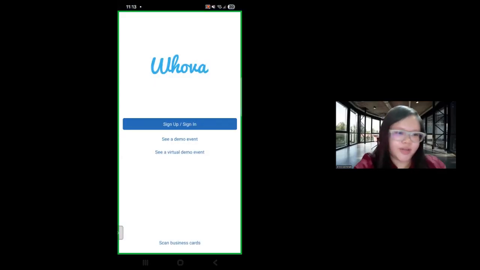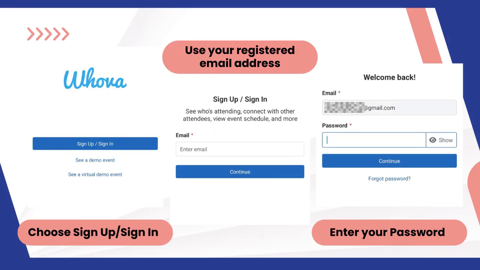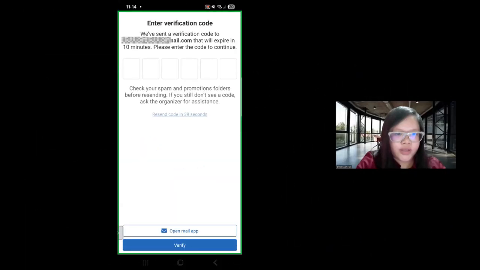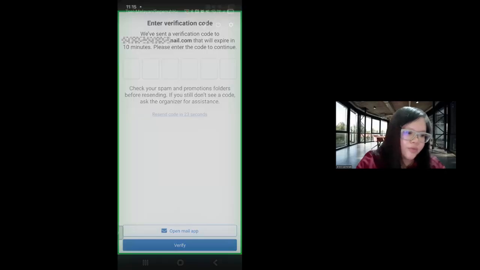And here it is. Now I need to sign in to the event. So I'll click on that. The current share screen is now hidden for security reasons, because I need to enter my email and it's kind of personal information. After I add my email and my password, Whova will send a verification code, and this code will expire within 10 minutes. So it will be very handy if you have your email accessible to you while you're doing this process. So I'm going to check,